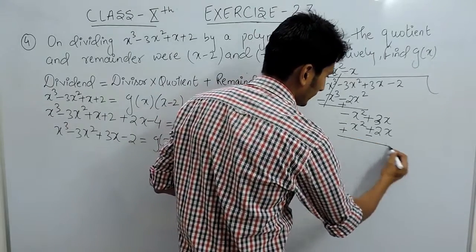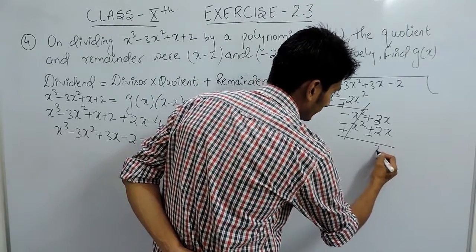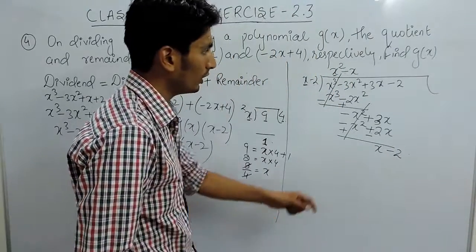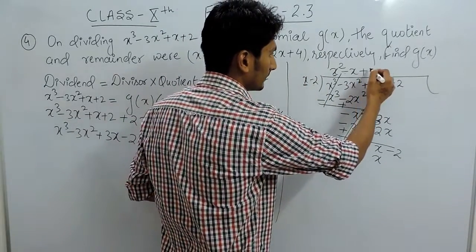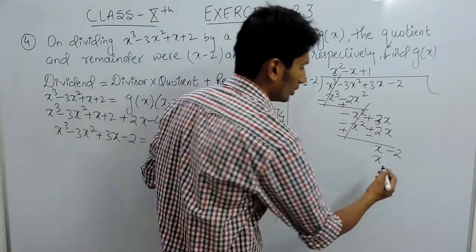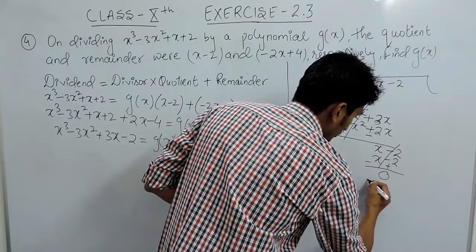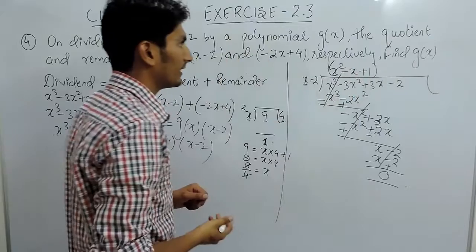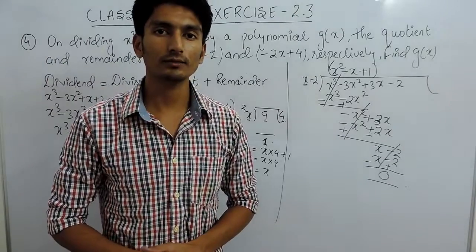Now you have to change the sign and subtract these, so plus minus can be cancelled out. 3 minus 2 is 1, x, and this minus 2 can be copied as it is. Now you have to make again x, so x should be multiplied with 1, so that x into 1 is x, and after that you have to multiply 1 with minus 2, so this will become minus 2, subtracting, this whole can be cancelled out, so the remainder is 0. So obviously this value should be our gx in this case. So this is how you can solve this particular question. Thank you.